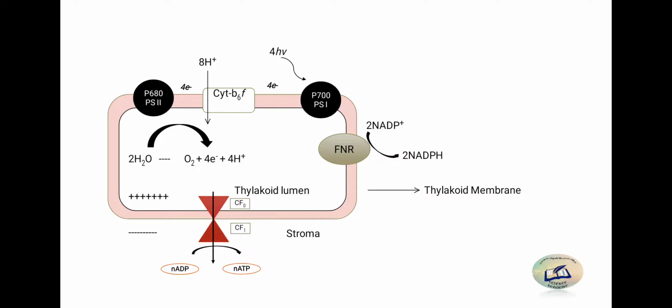So the minimum energy with which H plus comes back to the stroma stays there. Now what does H plus help with? The H plus which is present in the stroma, now there will be a regular cycle. They will be taken back into the lumen, they will be channeled out, ATP will be produced. And what other work does the H plus have?